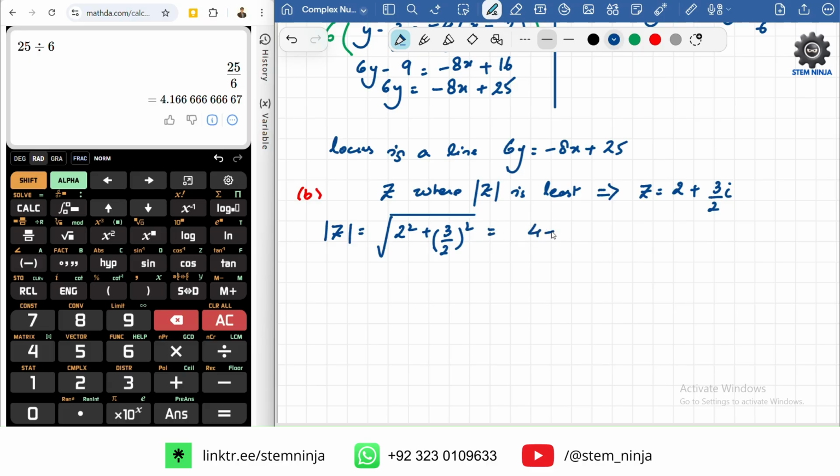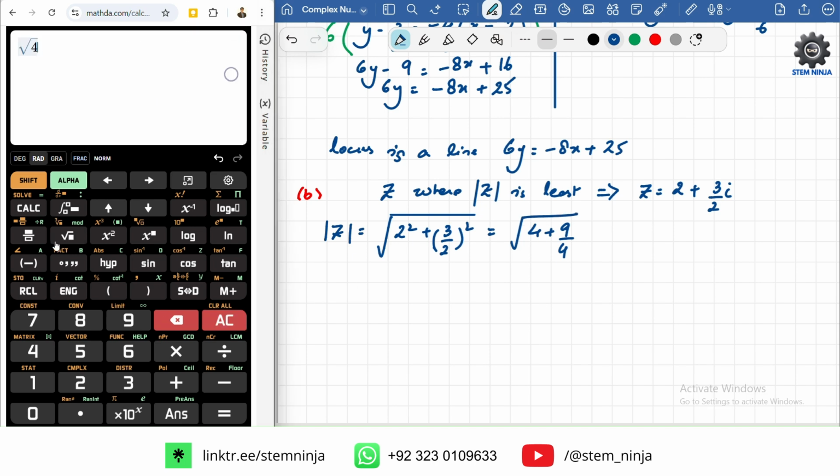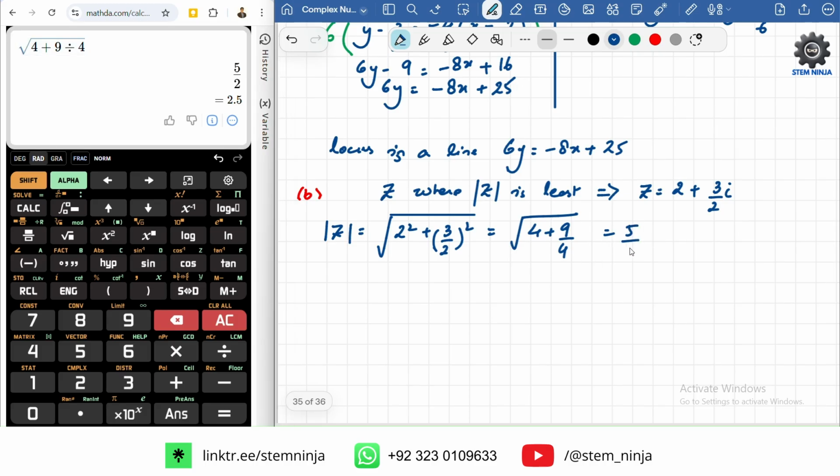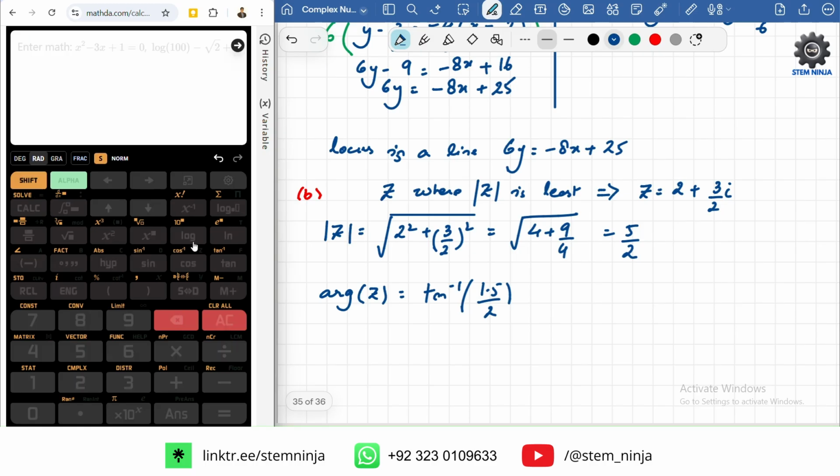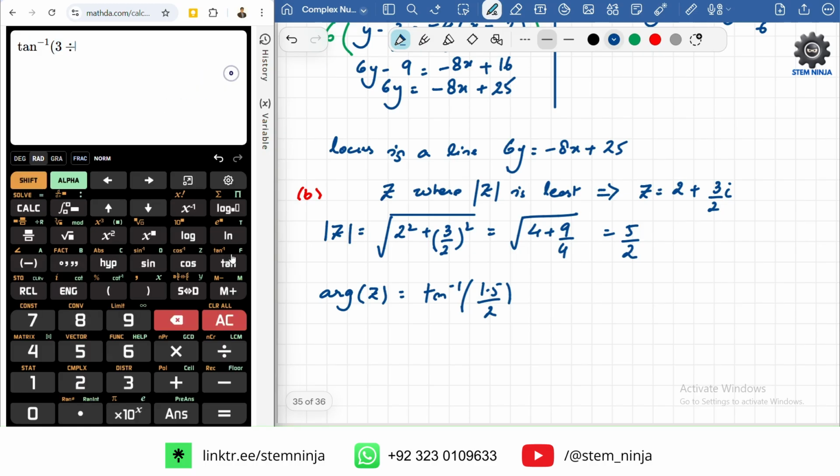So 4 plus 9 over 4. So 4 plus 9 divided by 4, that is 5 over 2. Okay, and the argument of z is going to be tan inverse of 1.5 over 2. 1.5 over 2 is basically like 3 by 4, so tan inverse of 3 by 4,